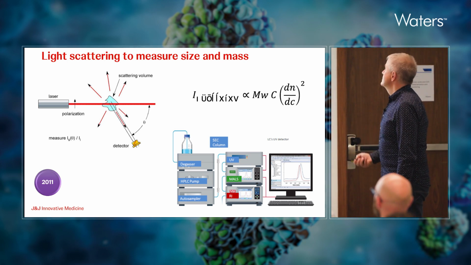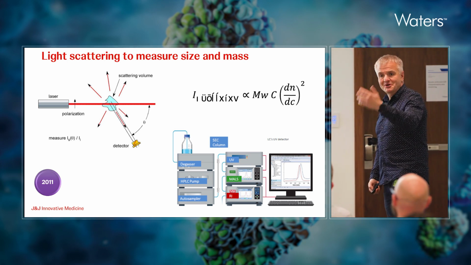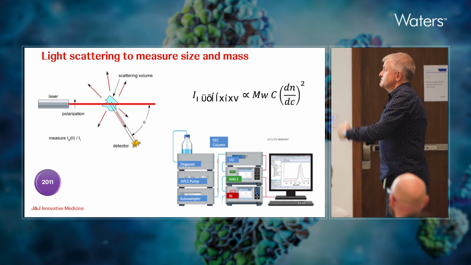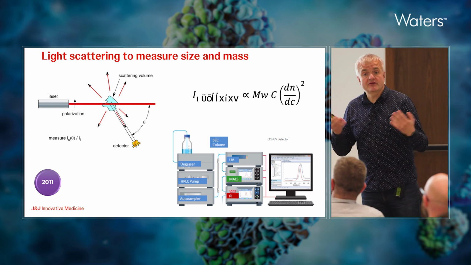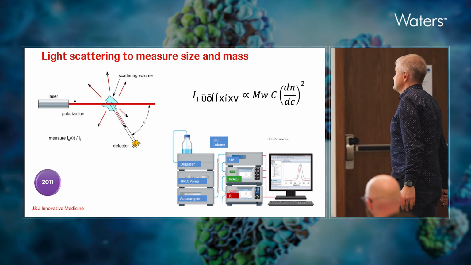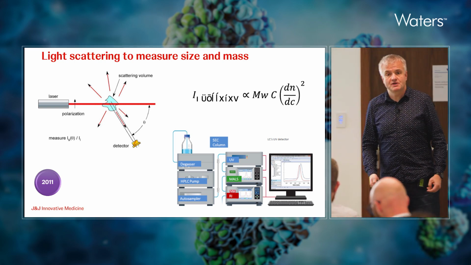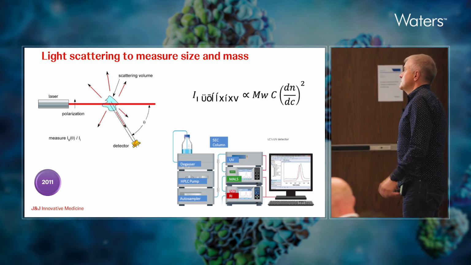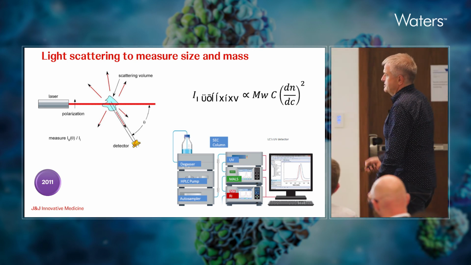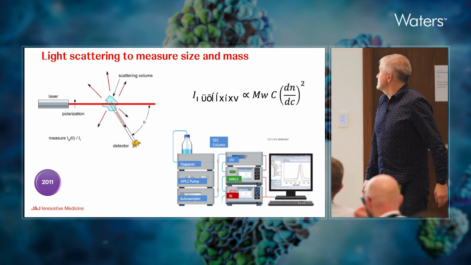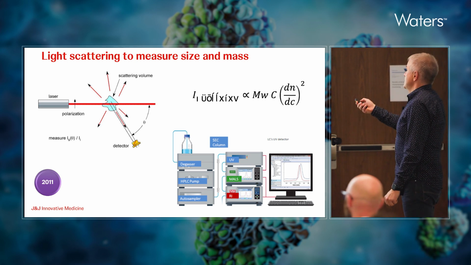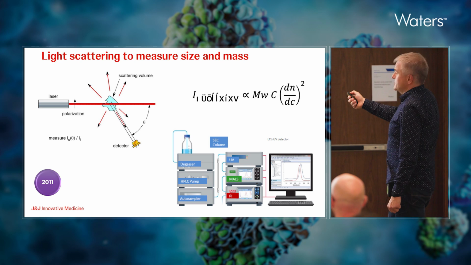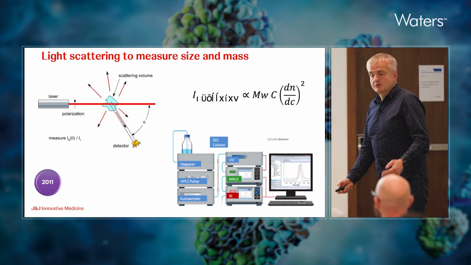So what's the solution? Well, this morning was quite an extensive presentation on this. In a nutshell, particles, when they are irradiated by a laser, scatter light. This light scattering is proportional to molecular weight, concentration, and also the differential refractive index, which is a property of a specific material. Scattering happens in an angular manner above a certain size, but with extrapolation to angle 0, one can actually calculate the molecular weight as long as the intensity of scattered light is known, the concentration is known, and the dn/dc is known, right?